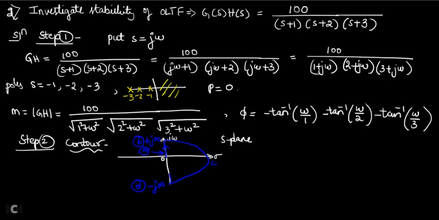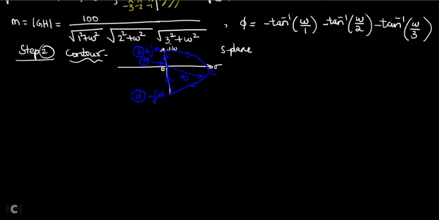And again from D to wherever you started, the contour should end there. And the contour I am taking in the clockwise direction. What is the radius of this contour? Infinity. So the contour should be taken for your entire right hand side of the S plane. That's all. Now after taking the contour, first I have to take section A to B. So first I am taking section A to B.